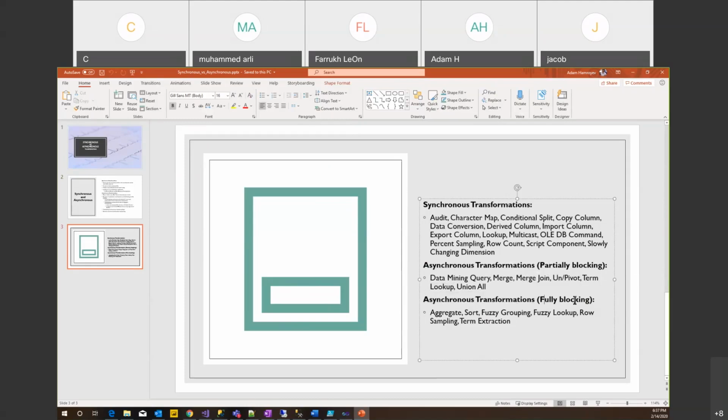The fully blocking ones, the worst ones, are aggregate and sort, which is how we deleted duplicates. So don't do data deduplication in your ETL package. Do it at your source query. When you're writing a stored procedure or whatever the source query is, do it there. And then fuzzy grouping is also an aggregate transformation, but it groups,